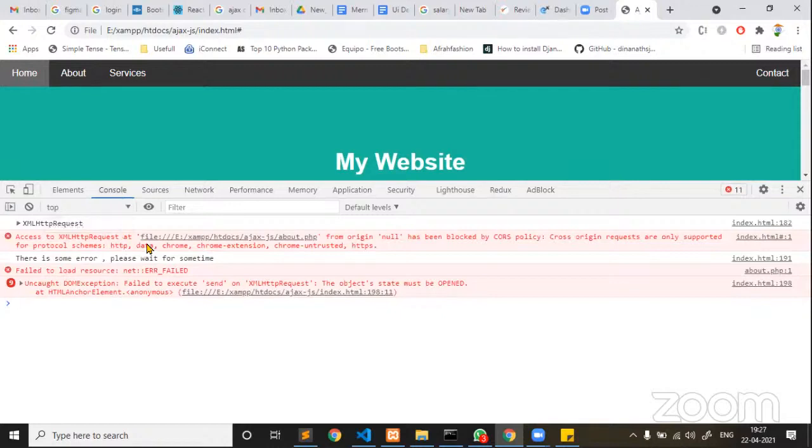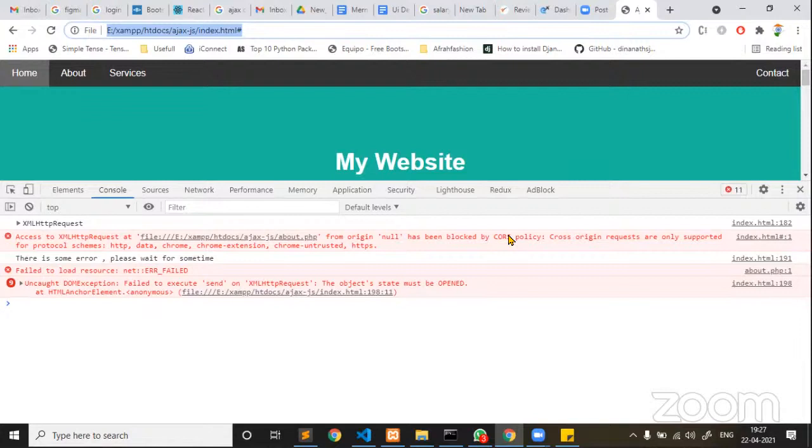As I already discussed in the beginning of the session, Ajax can be placed by using a server. If your front end code is on the client's flat file system and you try to place Ajax calls, I am sure it is not going to execute. That is what it says: Access to XMLHttpRequest from origin null has been blocked by CORS policy.